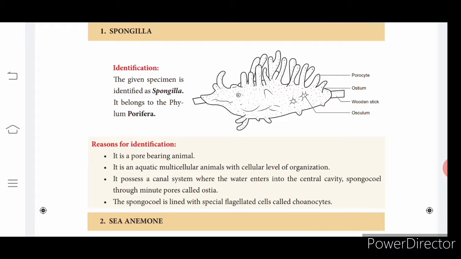You have to write the heading, underline the heading. Then draw the diagram, label the diagram. Right hand side 4-line margin. Then write the heading, underline. Then you write identification as side heading, underline, write notes for identification. As such, from this PDF you can write. Then you have to go in for reasons for identification, underline. Then you can write 4 points for reasons of identification.